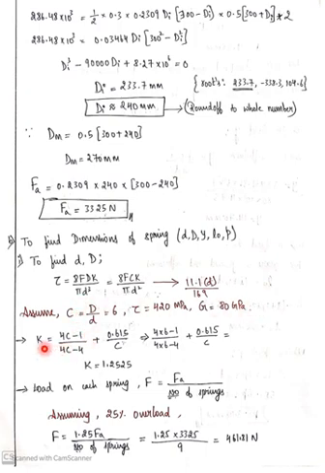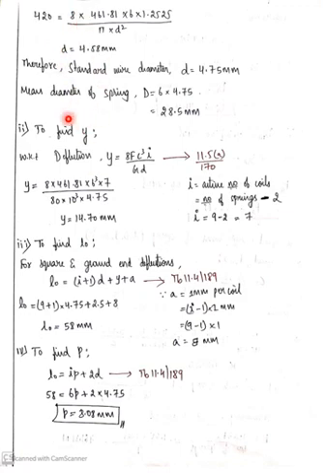Okay, next is k value. Since we assume c as 6, substitute the value of 6 and we will be getting the k value. So next step is to find the load on each spring. To find the value of load on each spring, f is equal to f divided by number of springs. Just multiply with the overload factor, that is 25%. Substitute the number of springs, and we will be getting the value of load acting on each spring.